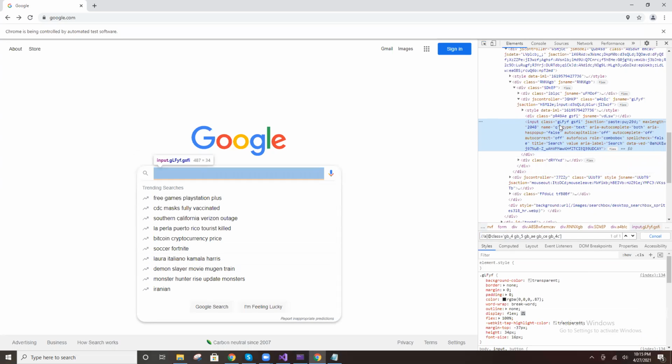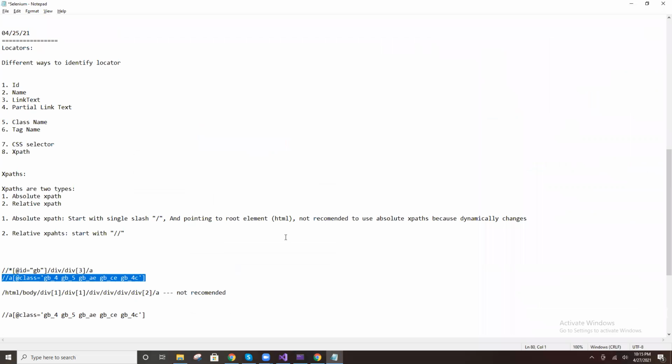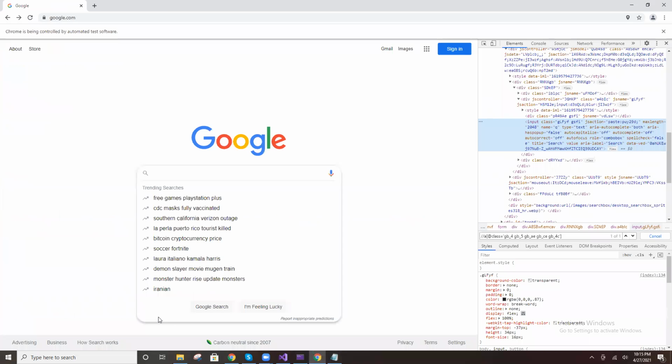Now tell me, here for example, ID is there, name is not there, this is not a link text, nothing is there. You must write an XPath. Our own XPath. Double slash. What is the tag here?